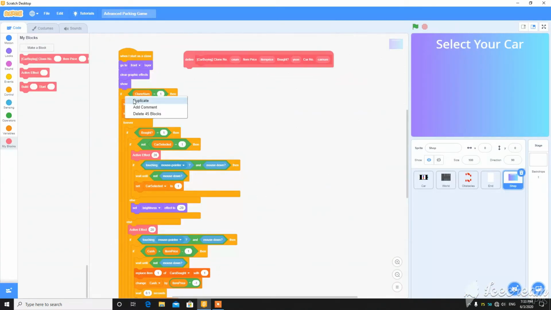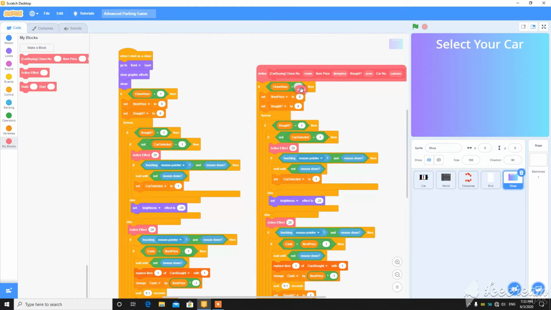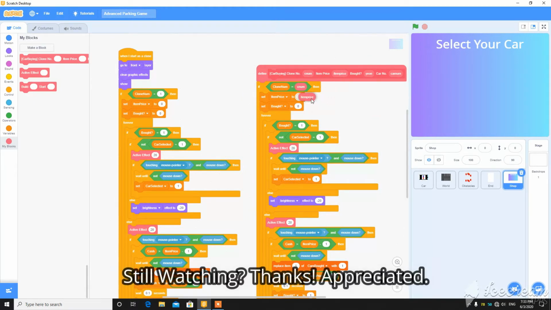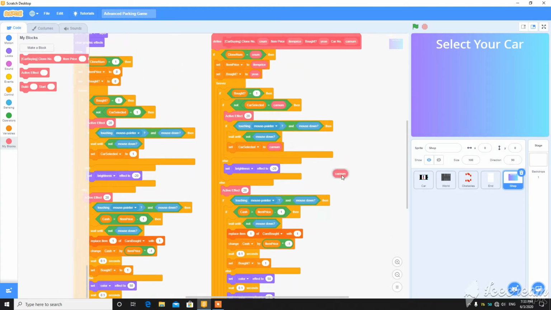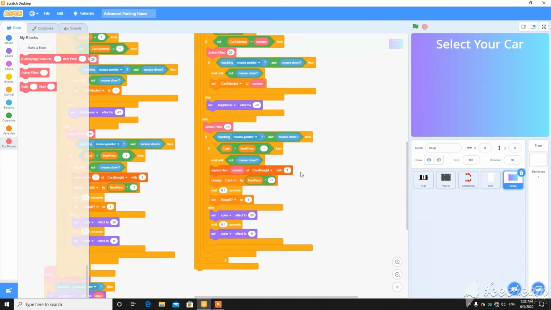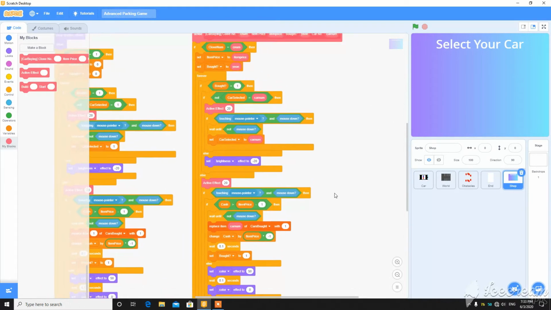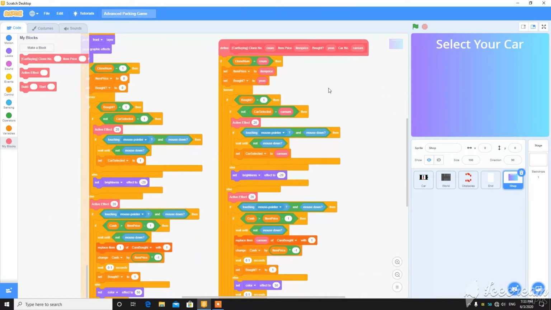So then duplicate the script and put it here, put the clone number here, then item price here, then bought here, then the car number here. Everywhere when car selected is that, set car number this, then also put it here, replace item car number of car spot with 1, and this is good.